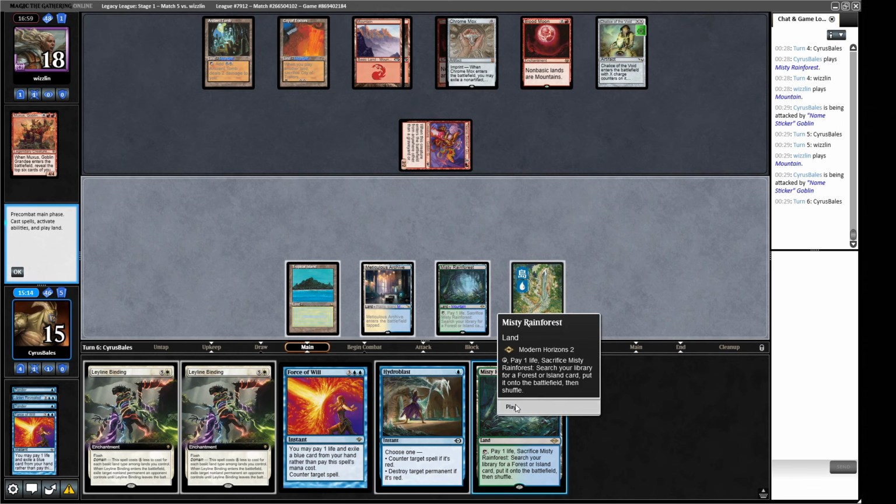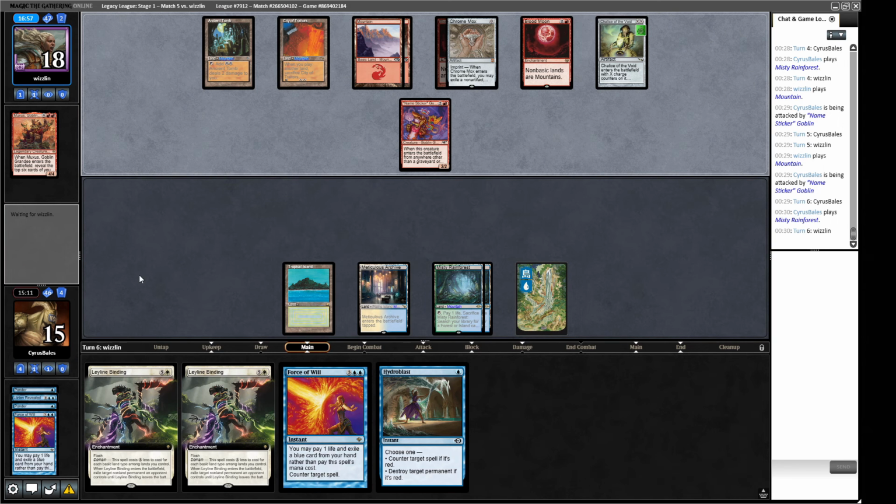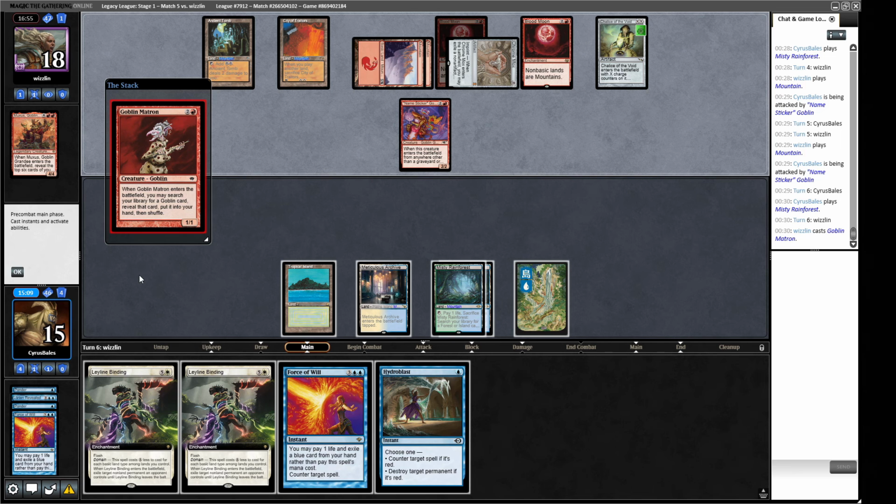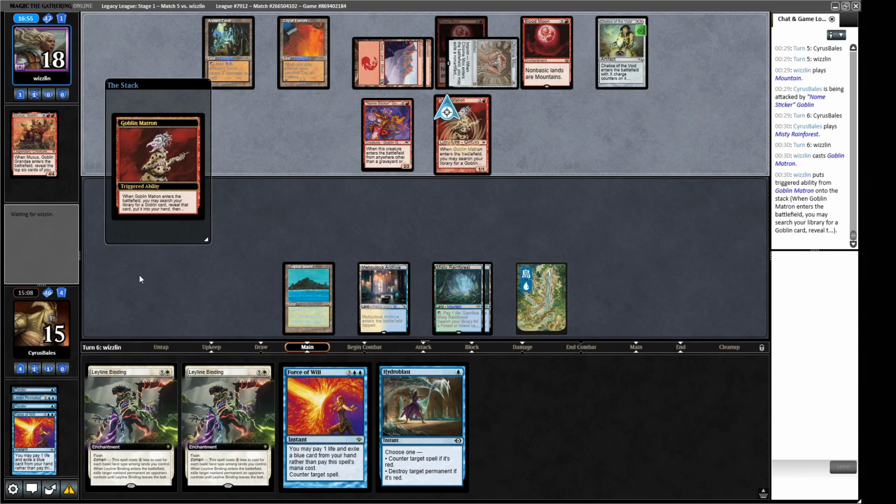Alright. Just need a white source, and then we get to play the game. Goblin Matron. I think we allow the Matron, it's just a 1-1. We get less Muxuses in their deck. This adds 1 to their clock, but they're less likely to draw more Muxuses. Maybe that's a weird way of doing it. So basically paying 1 life over several turns